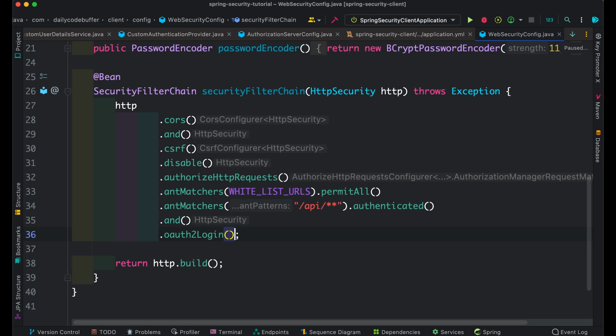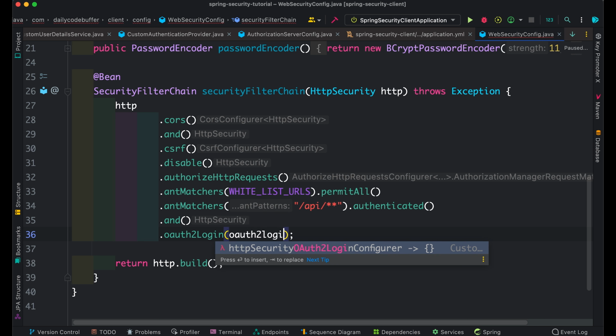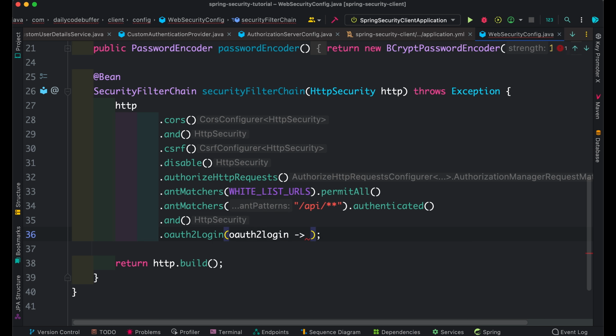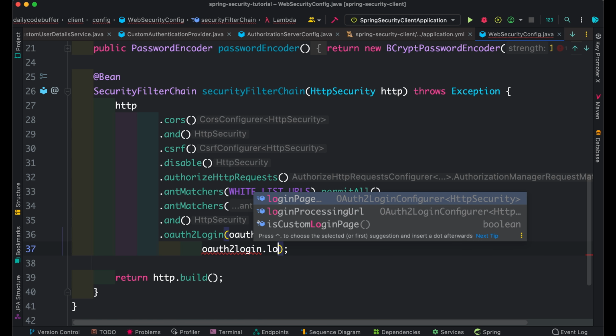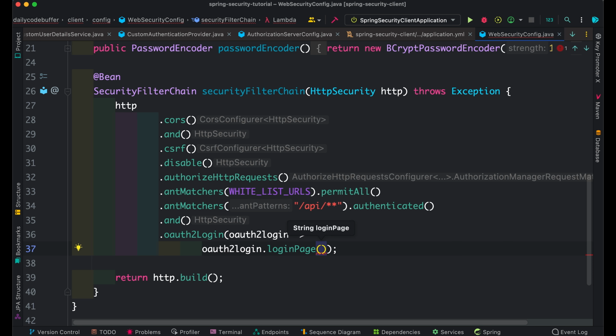So I'll give the OAuth to login, and we need to give the login page, which login page to redirect. So we can define OAuth2.login page, and we need to pass the URL. So the standard URL we need to pass, that is